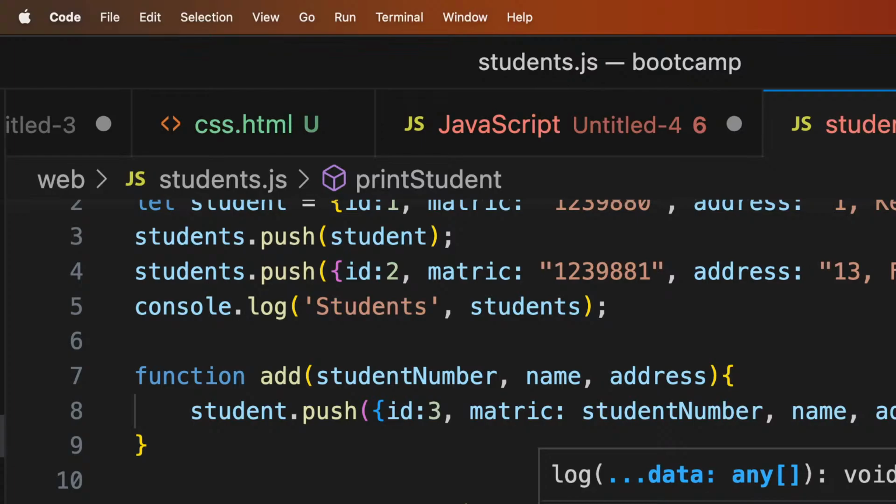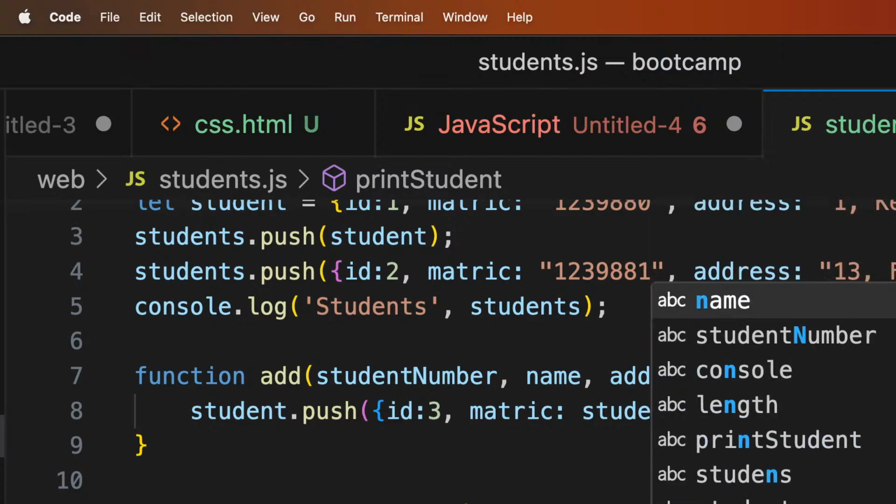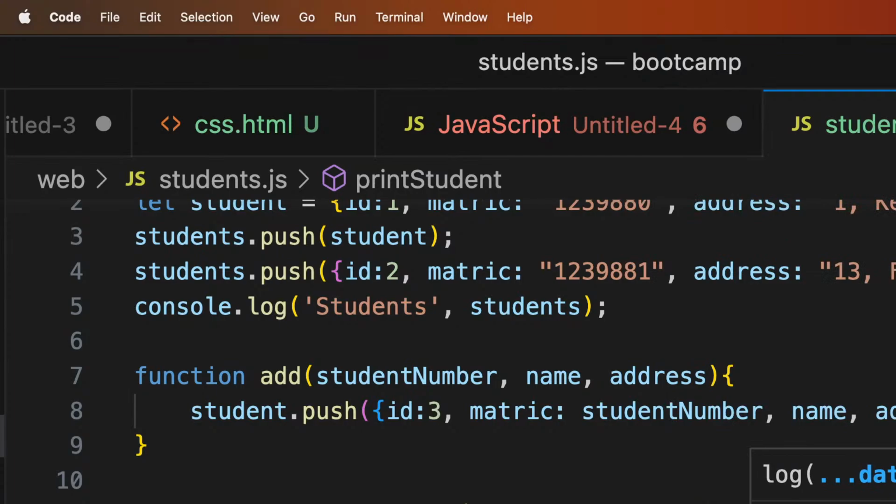Name, so we can say students of x dot name. So we can access students dot name, say the name, let's say plus